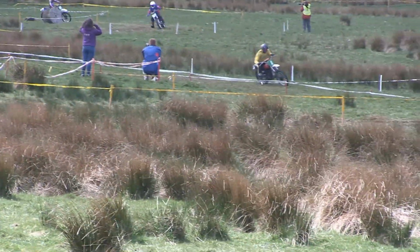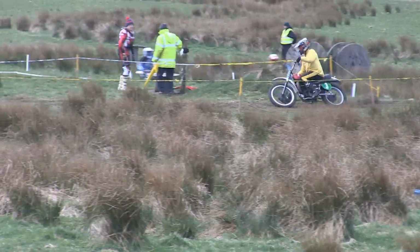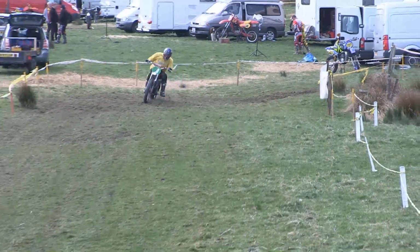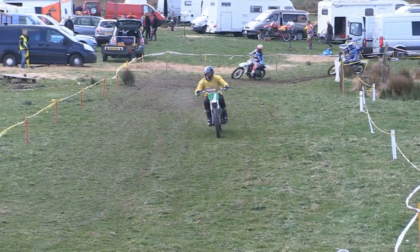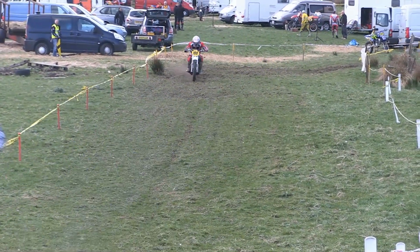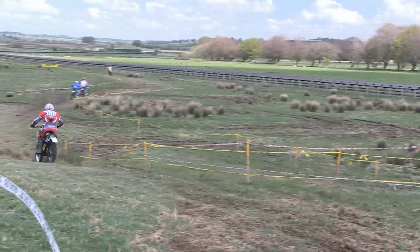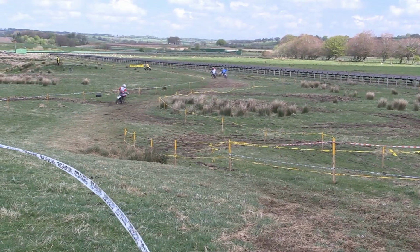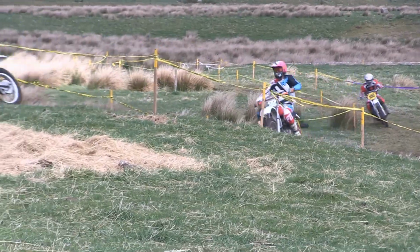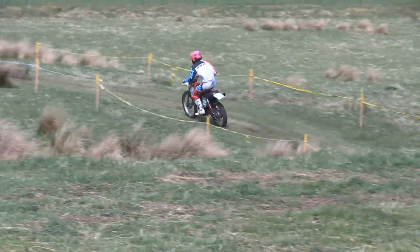Now, as you can see, the weather pretty good here for an early spring race event, but it did have an absolutely howling wind here at Drumclog, and it was quite hard just to try and keep the camera steady to film these guys on their bikes. Number 100 again, Ian Robertson on the Can-Am machine. But the weather absolutely superb at the moment, apart from the howling wind that we just mentioned, but we're